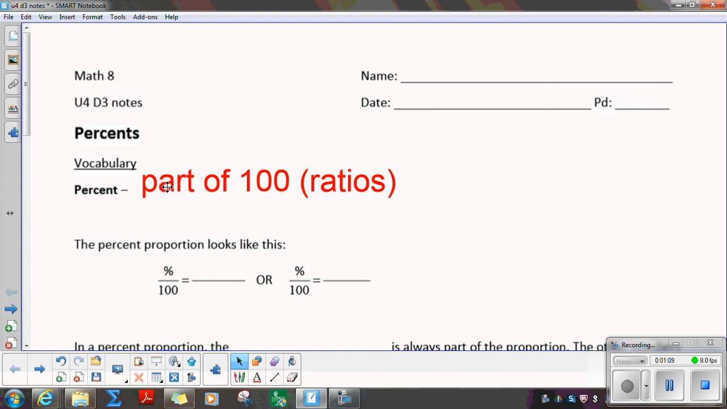So, percent. Okay? When you see a percent proportion, it's always going to be that percentage over 100. That's the ratio it creates. So as a proportion, it's going to be that percent over 100 is equal to either the part over the whole amount,